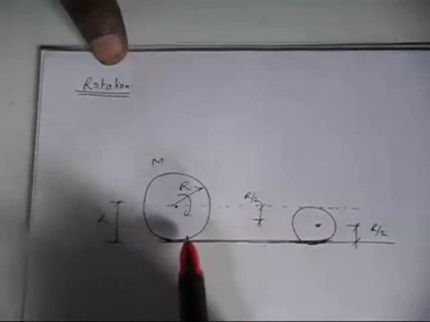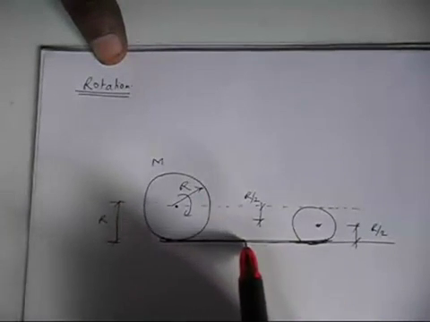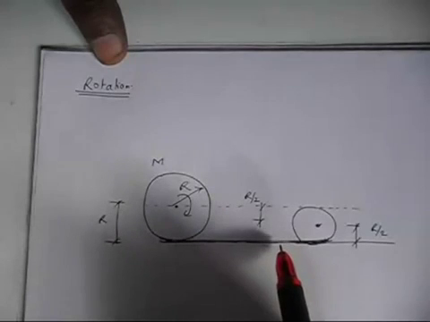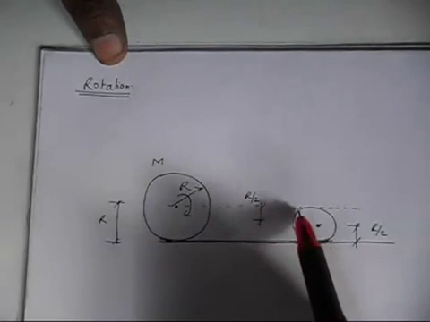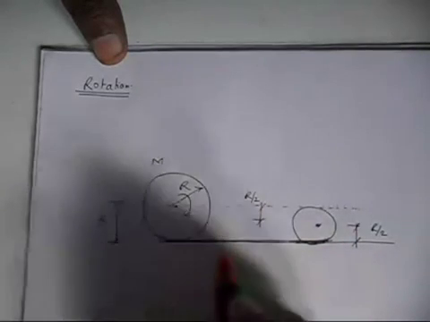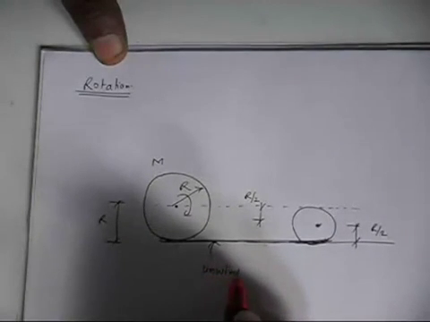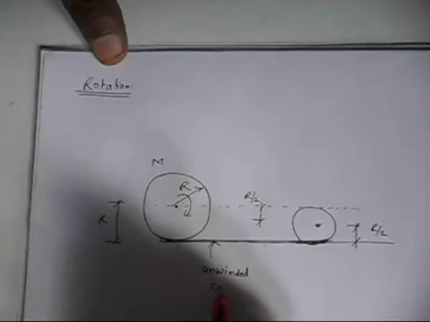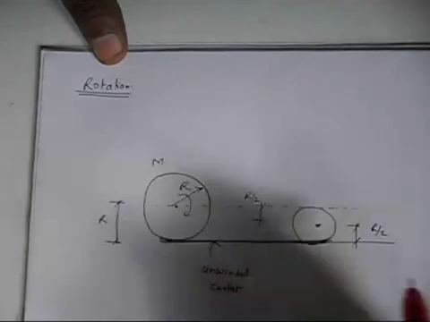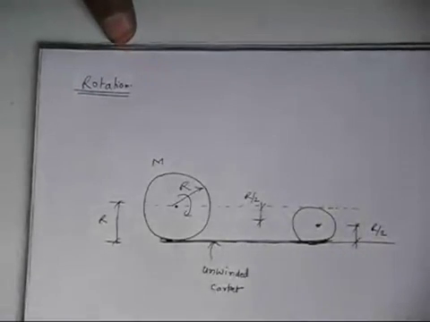Initially the radius is r. So some of the carpet is lying down on the ground, and the rest of the carpet is wound. So this is the unwound carpet, and this is the wound carpet. So you see, in this case you have to find